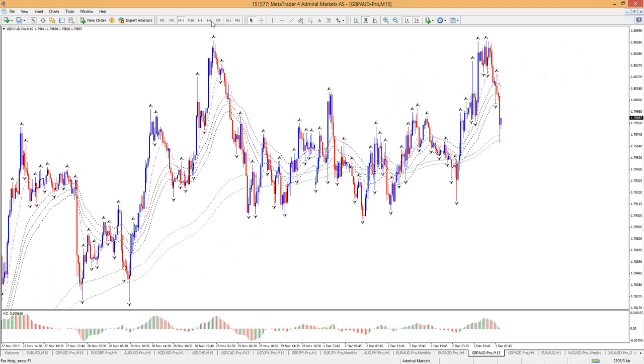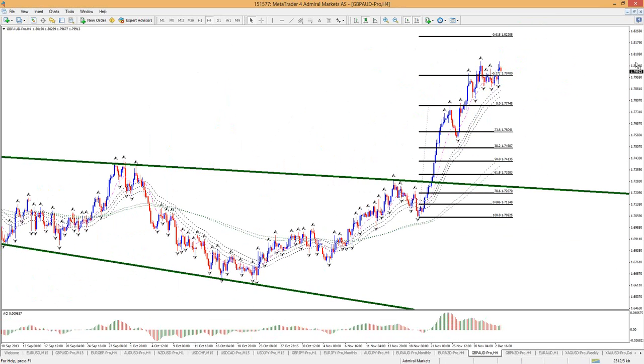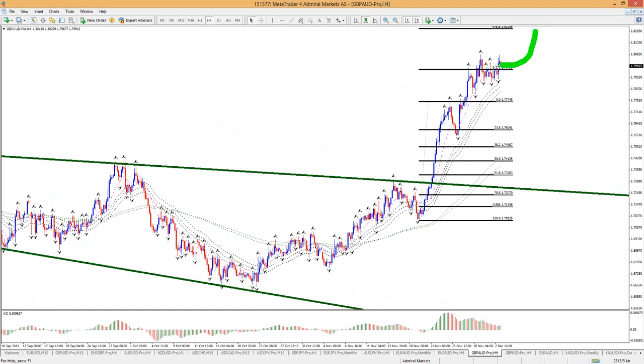Let's take a look at something else. Personally, I wouldn't be surprised if we do see some breakout continuations, but I would wait for that to materialize. This is still a very strong uptrend, but now we are in a bit of a consolidation, so I would want to see the breakout before trading that, of course, logically. But if we do break out, there could be a pretty good trade still to the upside. Then after this break, we might see a bit of a deeper retracement.